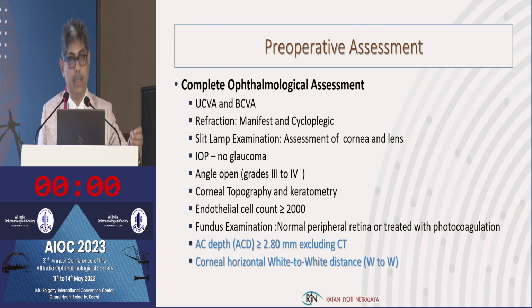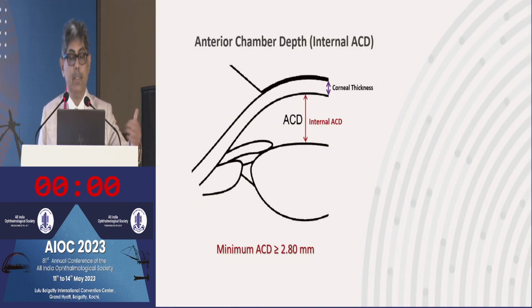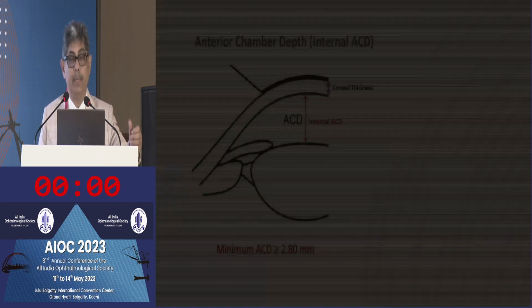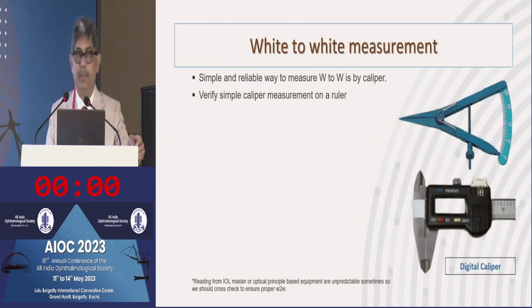by photocoagulation. The two important things are the measurement of anterior chamber depth, which has to be looked at, and it should be more than or equal to 2.80 millimeter, excluding the corneal thickness, and the corneal horizontal white to white distance should be measured. So this is the anterior chamber depth as I have depicted here. It should be internal anterior chamber depth, which should be 2.80 or more, and we have to check the white